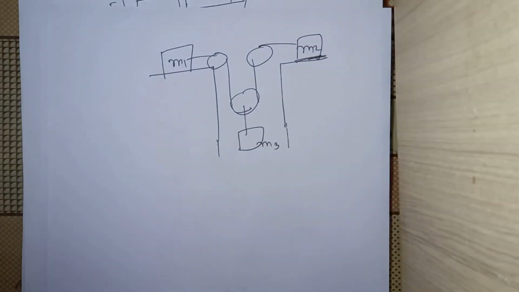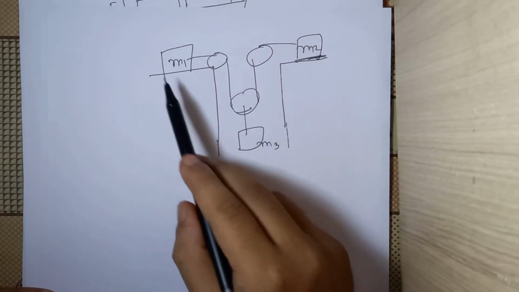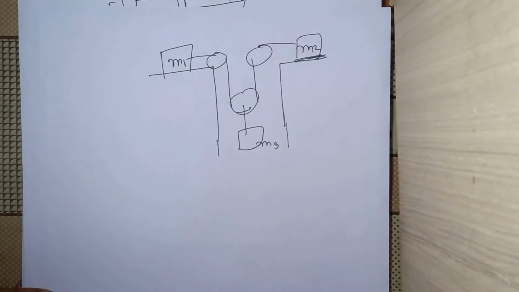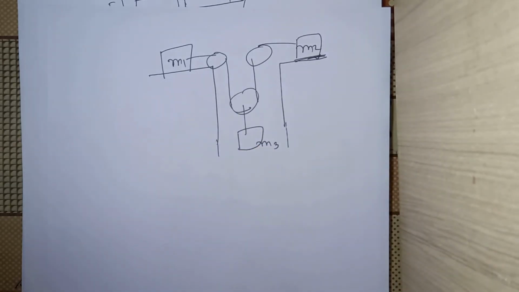So now let us say that we have some system like this. The pulley arrangement is as shown. We are given a mass m1, a mass m2, and a mass m3. We are required to find the constraint relation between a1, a2 and a3. I would advise, please pause the video and use the short trick that we have applied and try to get the answer. Also, try to get the answer by the concept that we have just now understood.